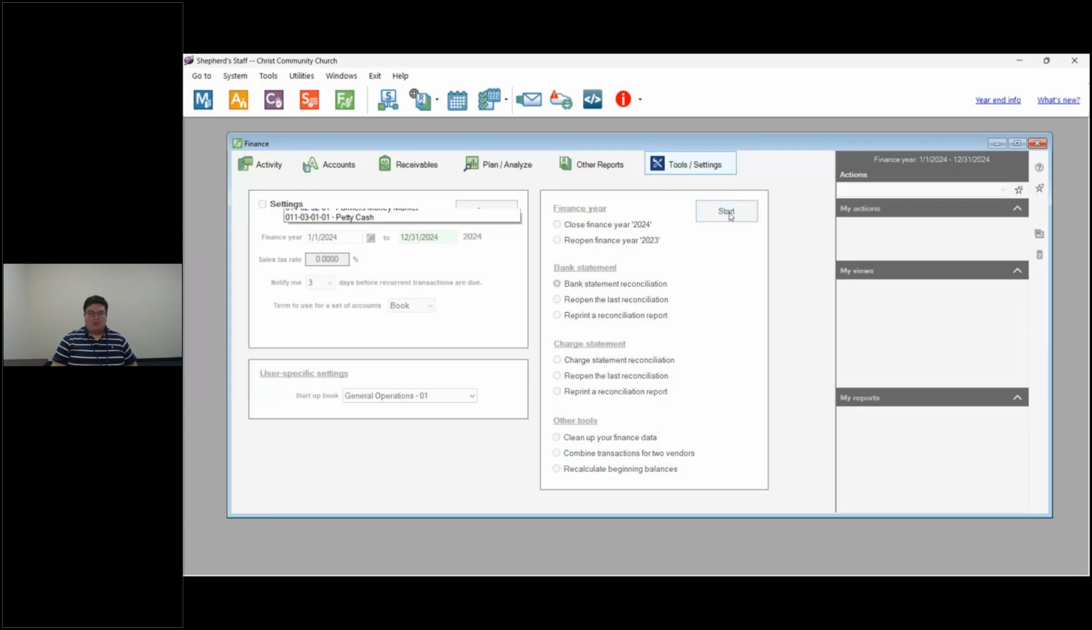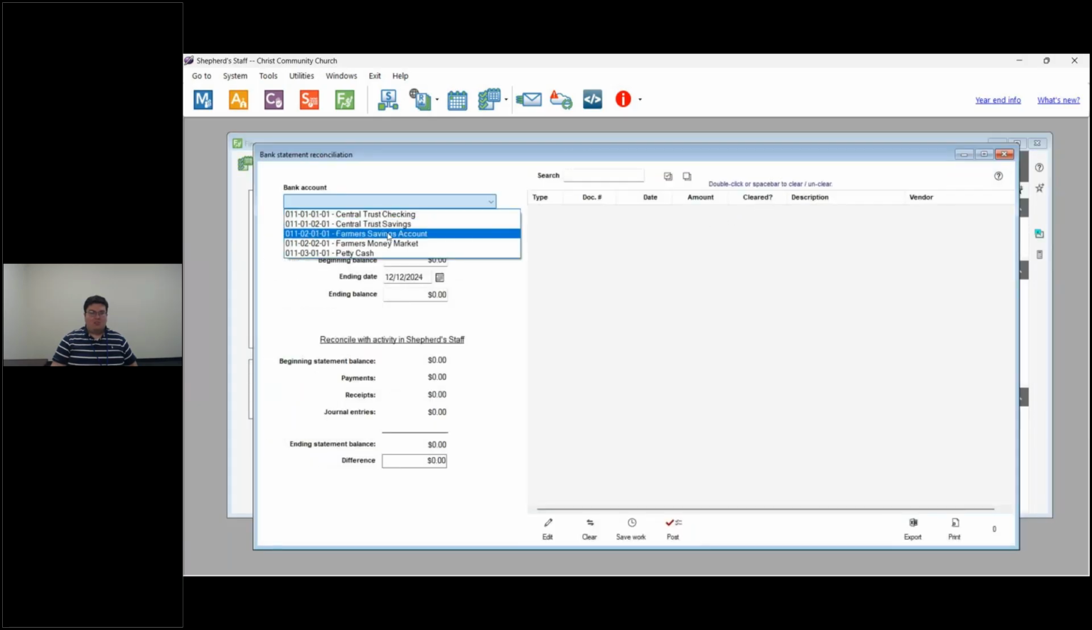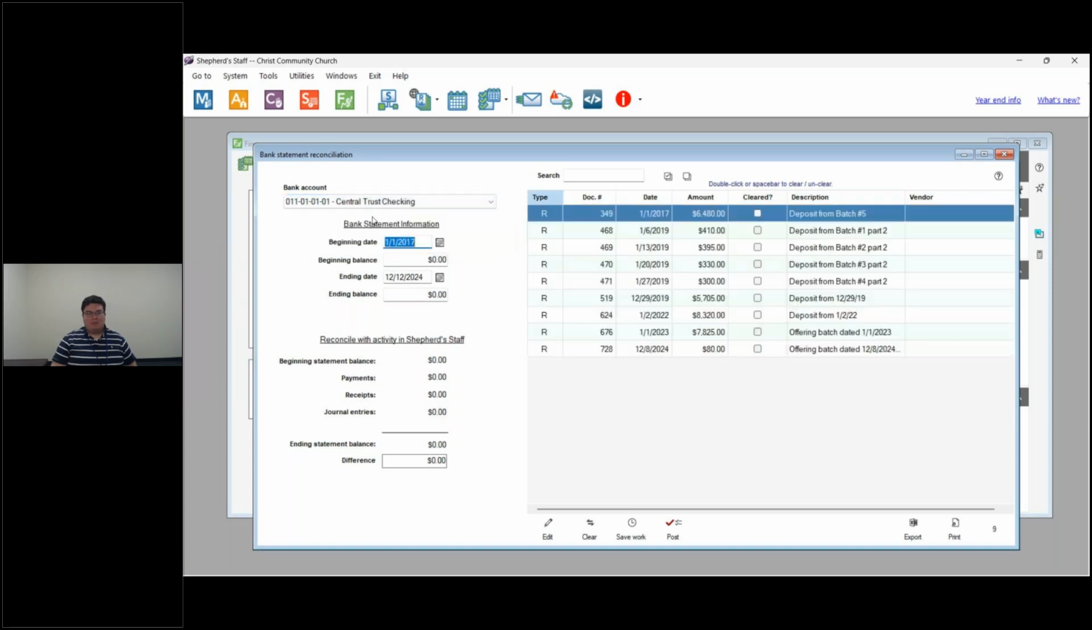You'll then press Start. You then get the option to choose what bank accounts you have and which bank account you want to reconcile. From here, all you would really need to do is set the beginning date of your statement. And really for this, it would be whenever the first transaction was entered into Shepherd Staff that shows up on your bank statement. So usually what we recommend doing is to just go back a month and a half. So if you're doing January, for example, you would say 12,